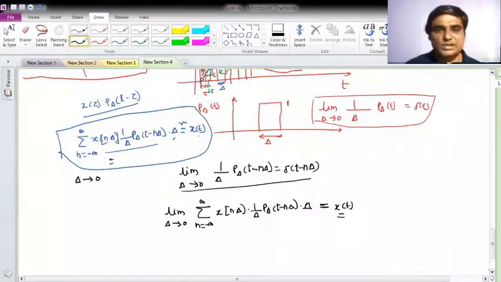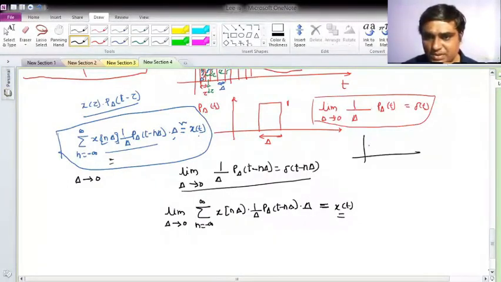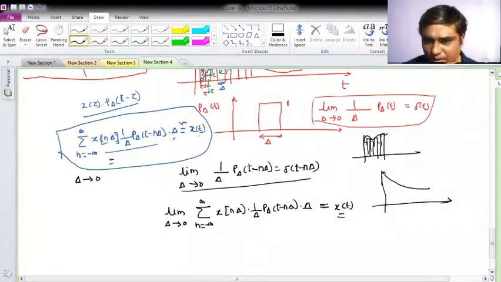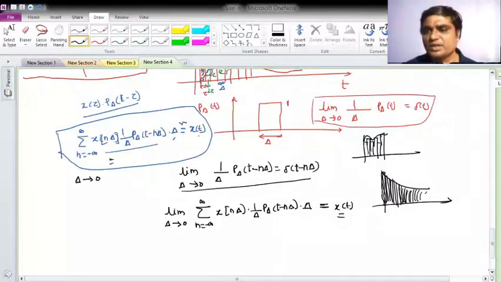So if this is the case, it will behave as the continuous domain form, right? Because previously we were approximating using these boxes, some shape like this. Now what I am doing is, for any signal I have, I'll make the boxes whose width is 0. So what will it represent? The continuous form, because your samples will be very, very close to each other.